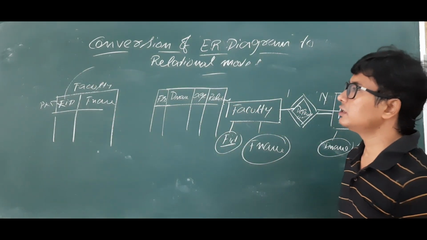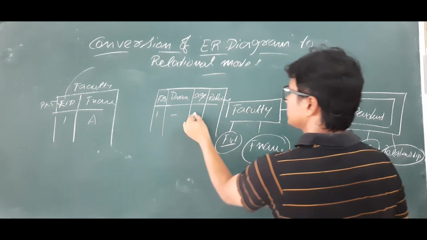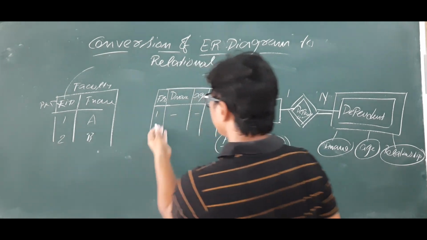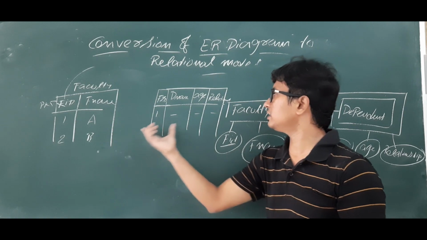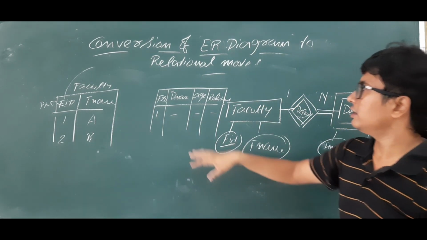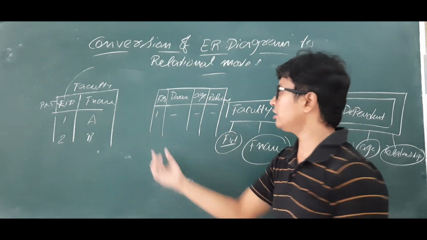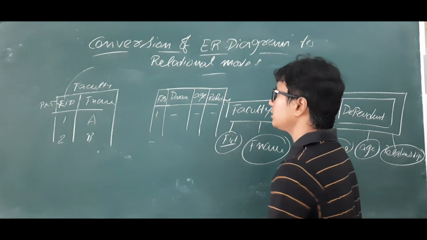It is good. Faculty ID 1, with some name, has some dependents. Faculty 2 does not have dependents, so he will not have any entry in this table. And if there is a dependent, he will have a relation with some faculty, so it will not have any null values. Is it clear? So this is well and good.